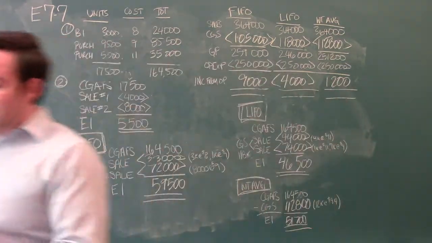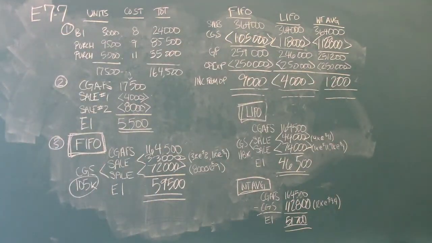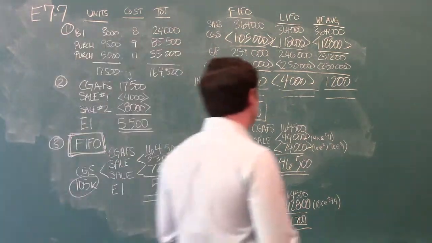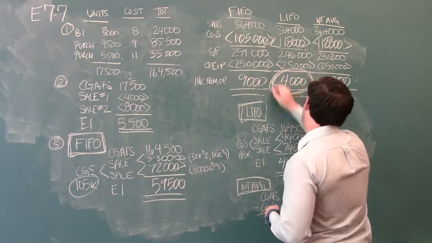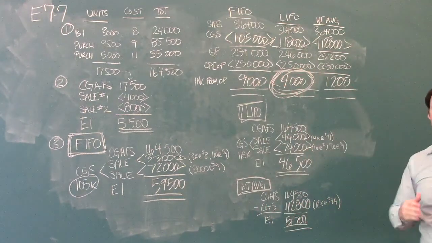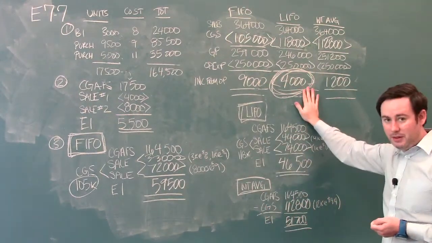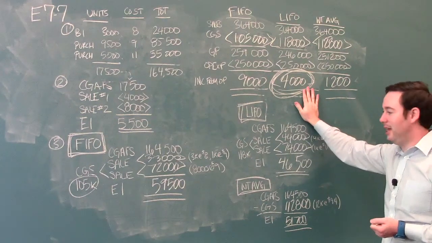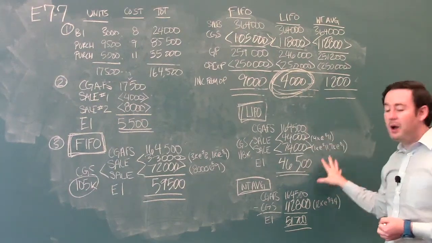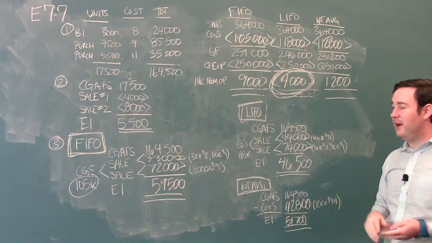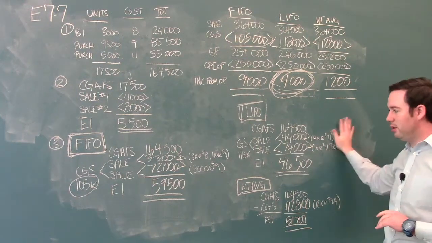The next requirement asks us which inventory costing method may be preferred by this company for income tax purposes. Well, obviously you can see that the lowest amount of income that we have here is going to be LIFO, and that makes sense in a period of rising prices. LIFO is going to produce the least amount of income, therefore the least amount of taxes. Okay? Study these problems because E77 and E75, great representations of something that you might have to do on the